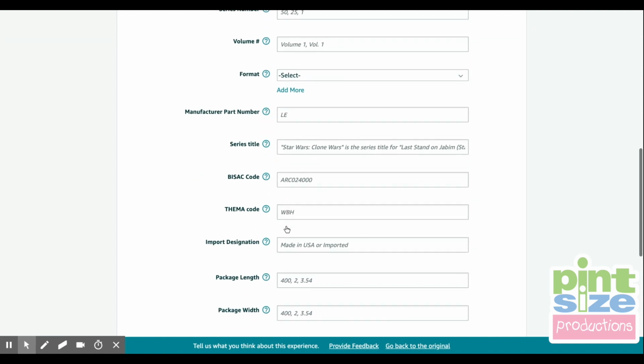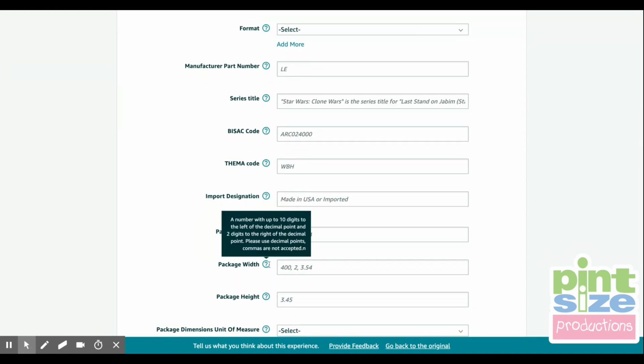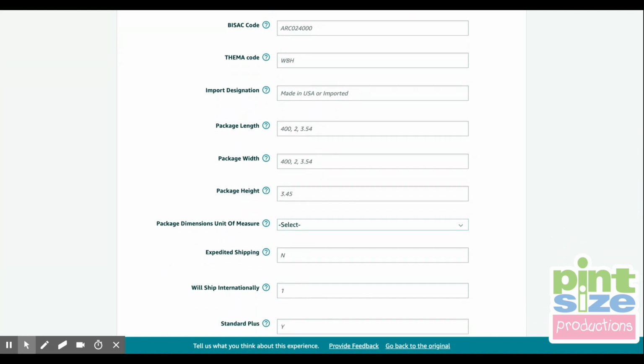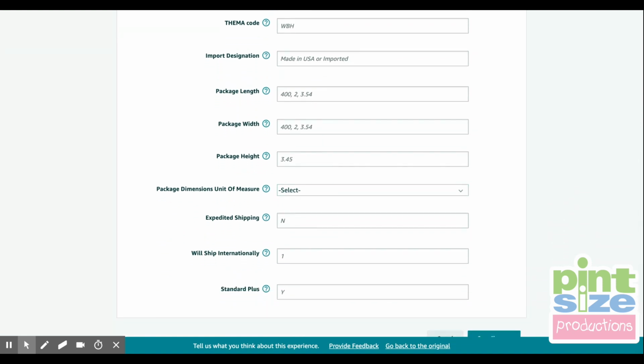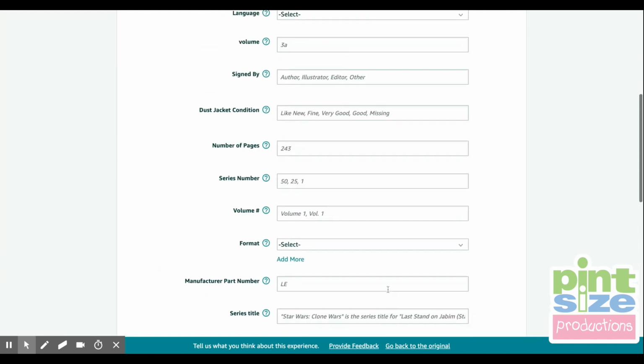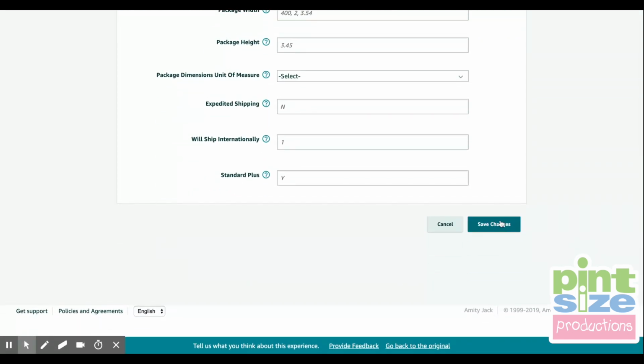BISAC code, THEMA code, import designation, package length, package width, package height, package dimensions, unit of measurement. Do you offer expedited shipping? Will you ship it internationally? And standard plus. So go through, fill out all of those, and then click Save Changes, and Amazon will begin